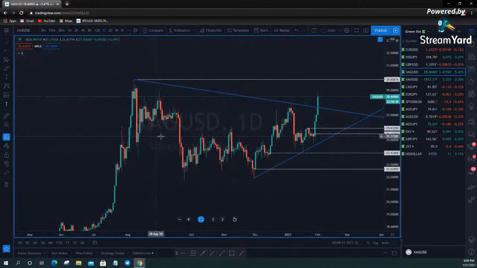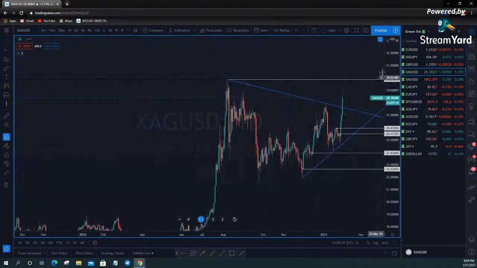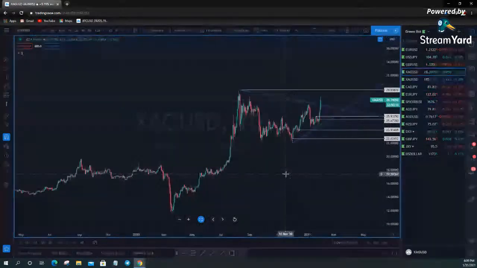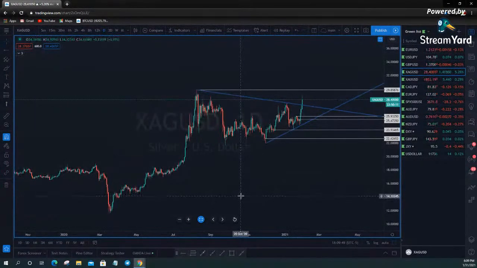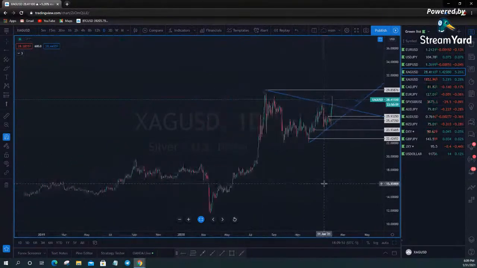Now, the reason gold and silver trade about the same is because usually they're taking profits. When they're taking profits out of gold, then they're also taking their profits out of silver, or capital rotation, where they're rotating money out of gold and silver into less risky assets like the Japanese yen or whatever. Silver and gold is looked at as a hedge against US inflation. So, you know, a lot of people buy and just hold gold and silver. They're not looking to sell it anytime soon.